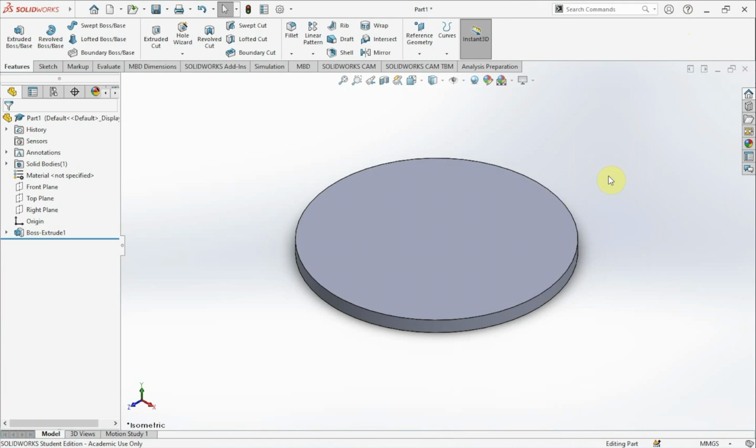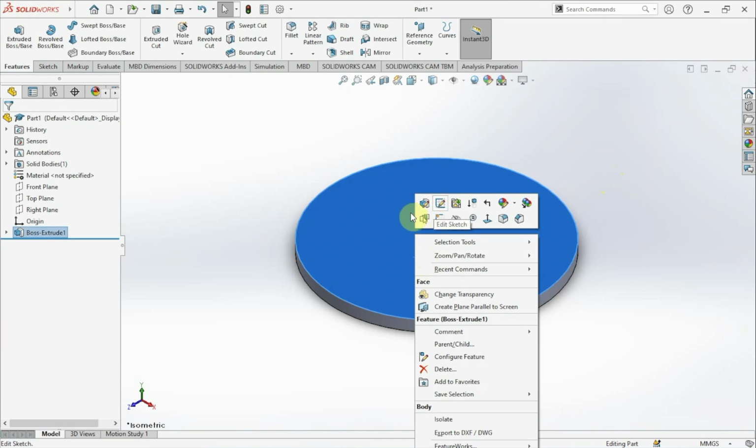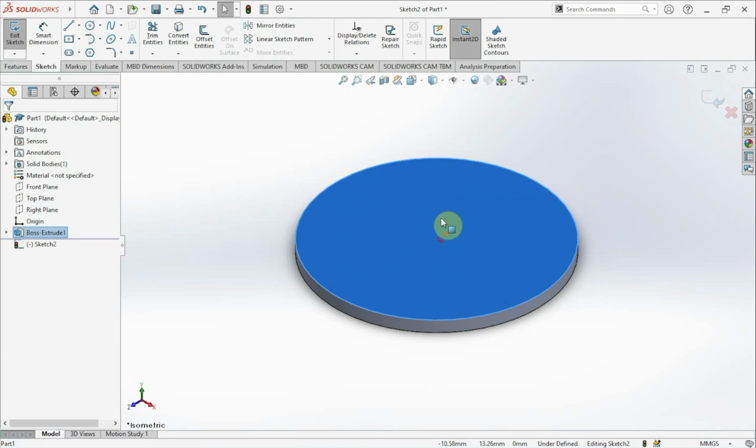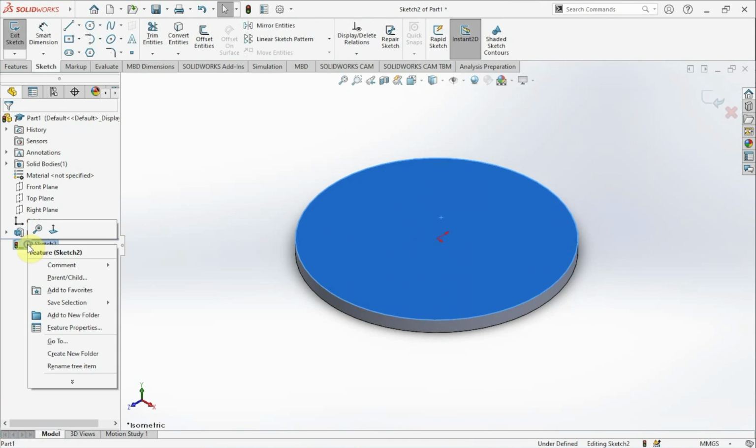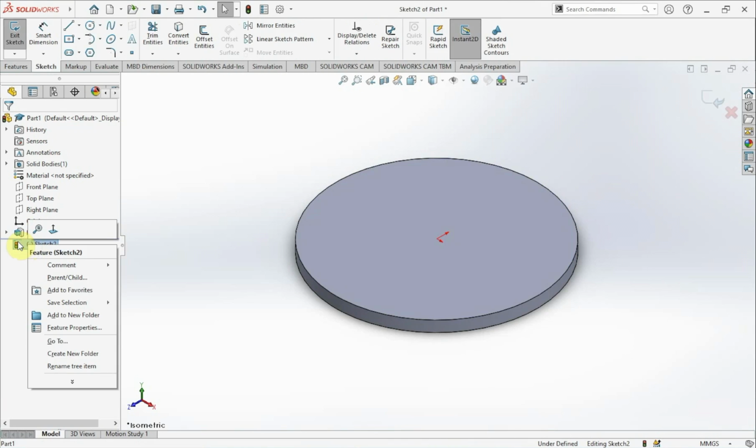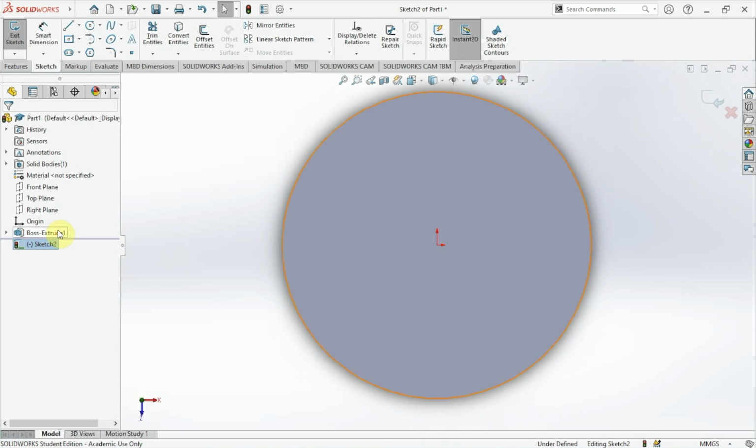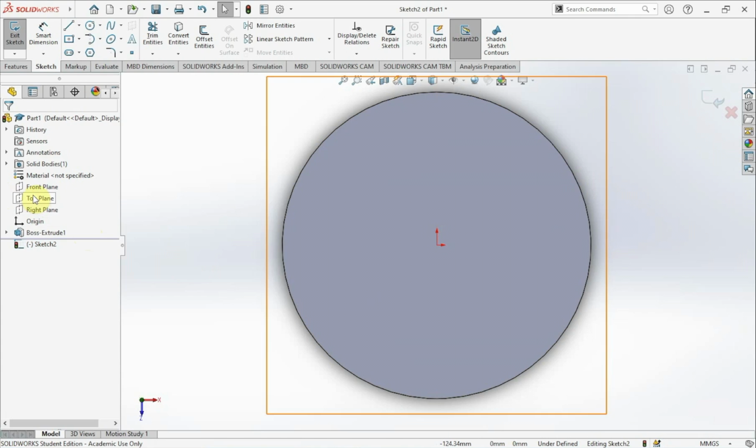Alright, so next up we want to make another circle on the top face of this extrusion we just made. So go ahead right here, hover over the top face, right click, and you want to click on sketch right here. Now you want to go over here in the manager tree, right click, and click on normal to. Alright, so basically what we did there is we made a sketch on top of that face, not directly on the top plane. It is in the top plane, but we didn't make a sketch directly on the top plane,